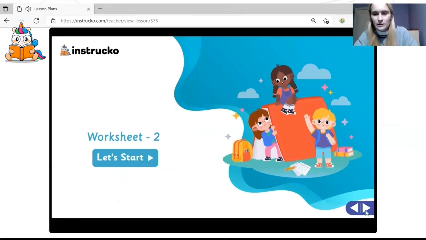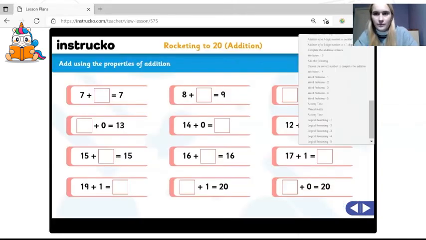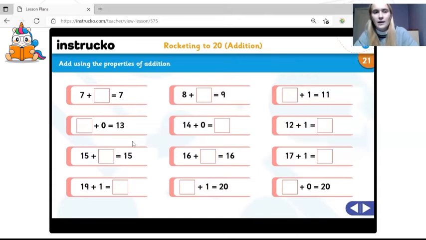So we have a worksheet here. Okay, so here you would fill in the missing gaps. So for instance, 7 plus 0 equals 7. And look, we'll get a little tick because we've got the right answer. And in the lesson, you would fill out all of these in your own time. Okay, and then our next